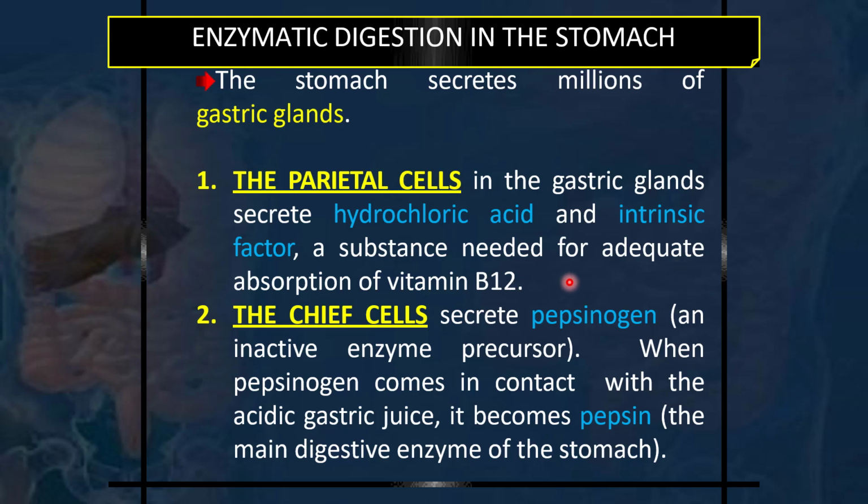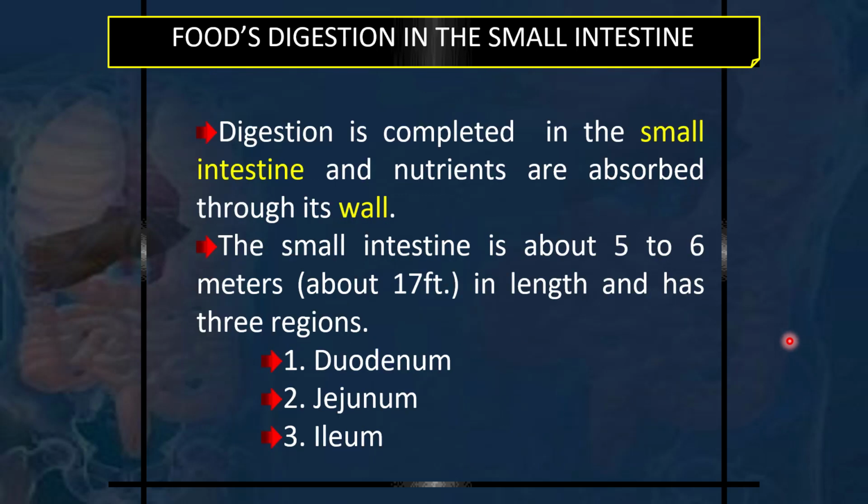So it is not only the diet and nutrients, it is also the functioning of our body, the physiology of our body. How is our body acting? Is our body in a good functional state to act properly in the absorption and digestion of various nutrients? So that is how digestion in the stomach takes place, and the digestion process continues in the small intestine and is completed here, and nutrients are absorbed through its wall.